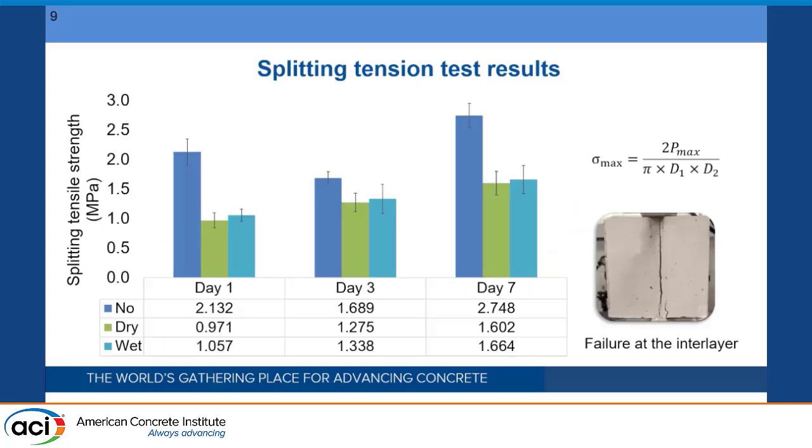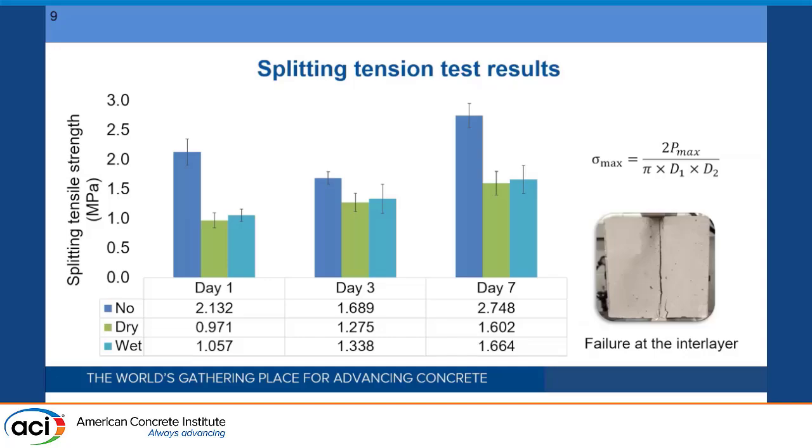This slide shows the results for the mechanical destructive testing, which was the splitting tension test. At all days, the specimens that had interlayers, whether wet or dry, had significantly less tensile strength compared to the cast monolithically specimen. Specifically at day 7, the difference between the strength was around